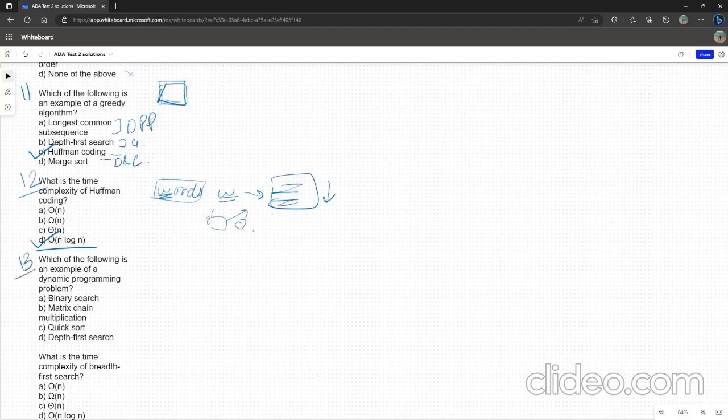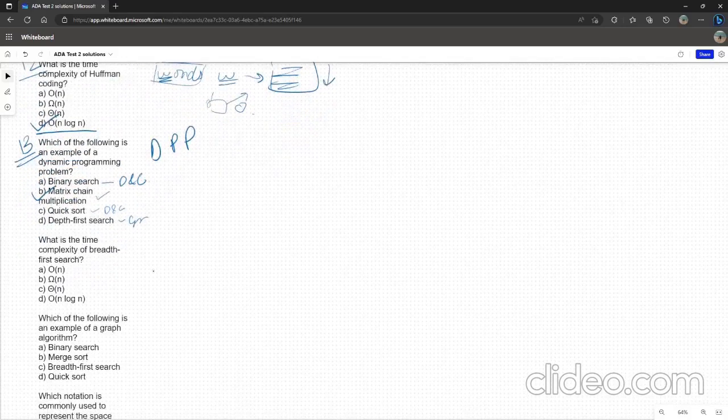Our next question is, which of the following is an example of dynamic programming problem? Binary search is divide and conquer, as we have seen multiple times. Matrix chain multiplication is dynamic programming problem. Quicksort is also DNC. Depth first search is graph problem. So our correct option will be B. Matrix chain multiplication is a dynamic programming problem, because we dynamically check which will be the best case, and upon that we will divide, and using that we will optimize